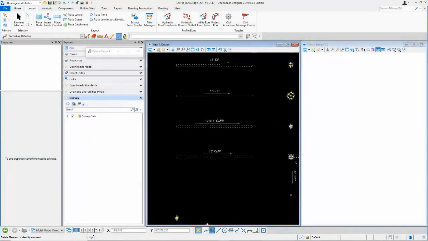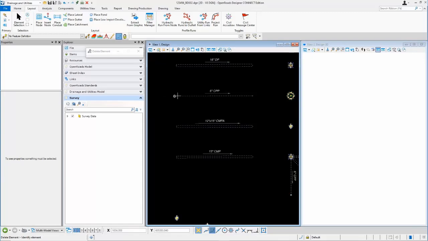So what about the pipes that were connected using the begin line and end line mapping codes and the various feature definitions for the pipe types? I need to make some 3D utilities for those as well. So I've got a couple options for how I can approach this. Unfortunately, I can't do an extract from graphic and have it read the width of the line style. So there's no way to have it do that to get the proper width. So I could approach this a couple different ways. I'm going to show you two different ways.